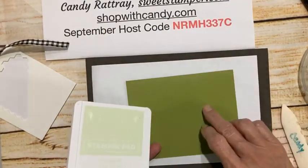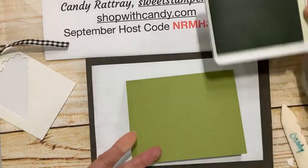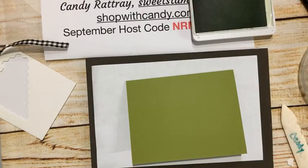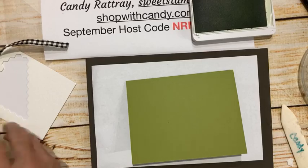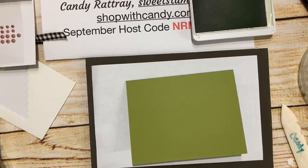Now, the reason being, when you stamp Old Olive on Old Olive, it's really dark and it's just too much for me. Hey, Velma, I'm so glad you're here. So I decided to go super light. You could also go Versamark to get a really pale application, but I just decided to go with